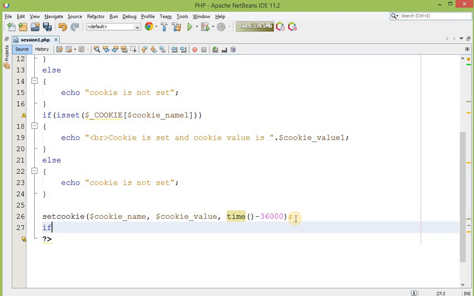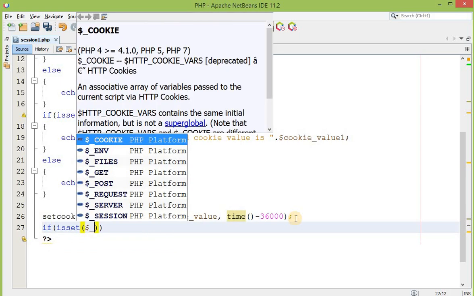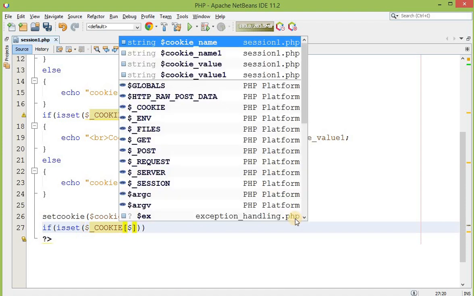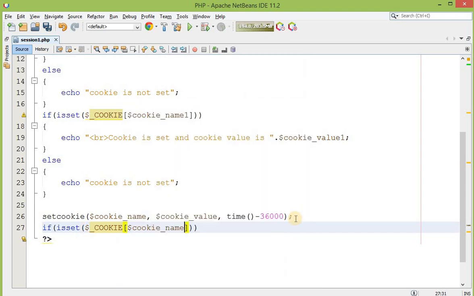Now I am checking with isset whether this particular cookie exists or not. What is the name of my cookie? It is cookie name.